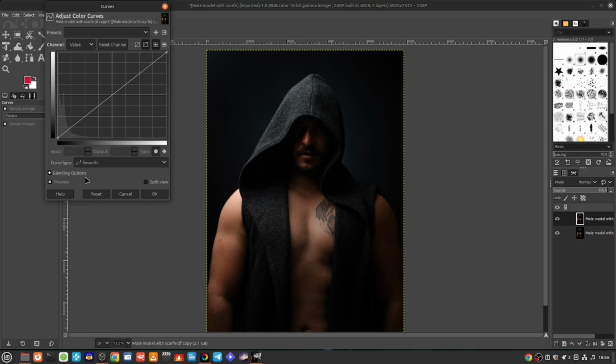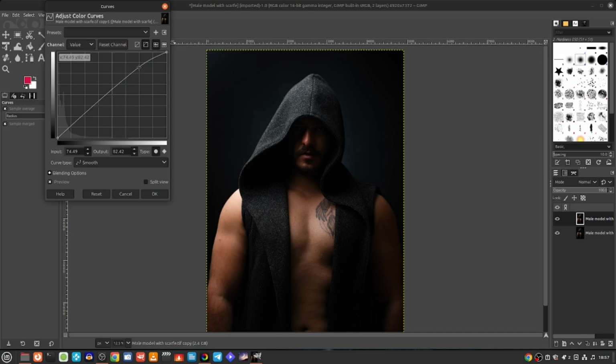Great. Now the curve slider is very intuitive. It is a little bit different. I use it mostly when I'm doing astrophotography adjustments, but it can be used for your regular photo adjustments as well. Now, if you click to the top and you raise it up a little bit, you will see that